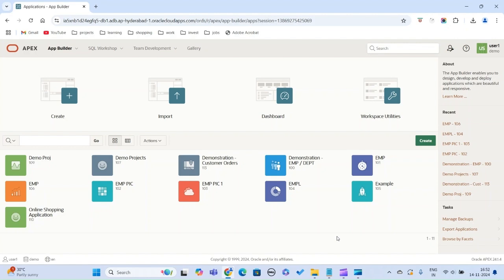But both the image upload feature and the display feature are far simpler with the latest version of Apex. So we will see how. Images can be, for example, an employee picture you want to store, or if you're creating an online shopping application, all the product images you want to store in the database as a database column itself. It's far simpler. So for demonstration purposes,